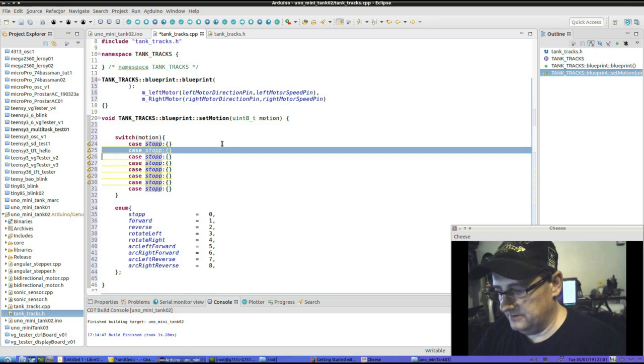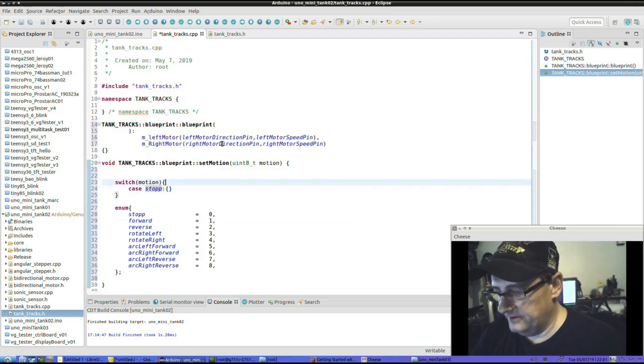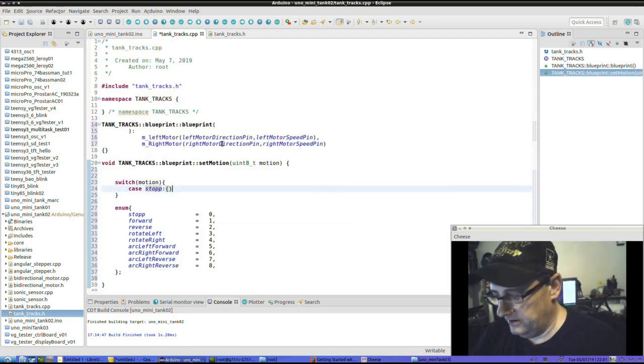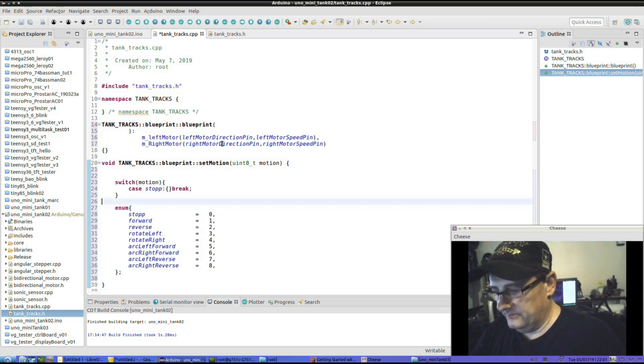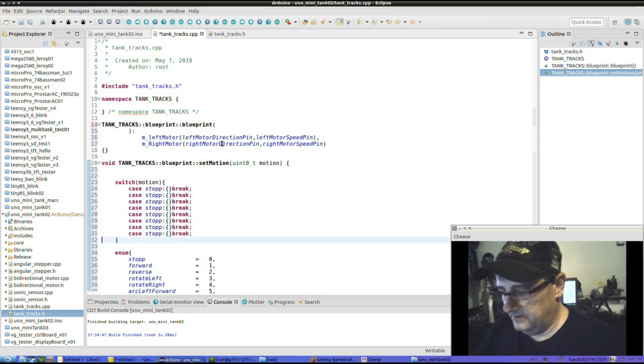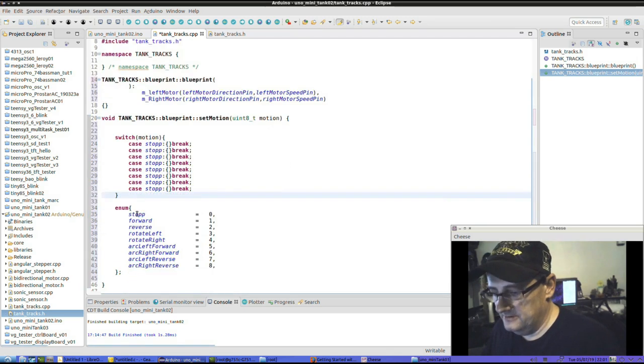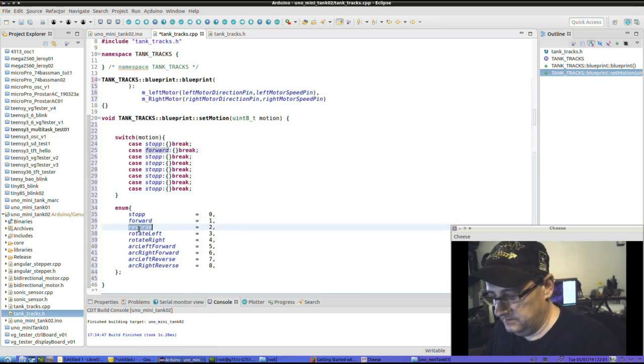There is something missing here. And when we're done with each of these contexts, so that we don't run into the next case, we say break. In other words, jump to the bottom as soon as you're done performing whatever's in these brackets. So let's go ahead, and we're not having to type it in 8 times. Forward, reverse, rotate left, rotate right,